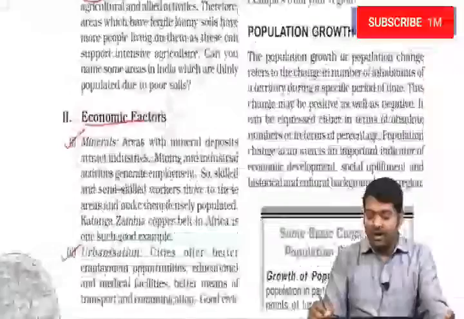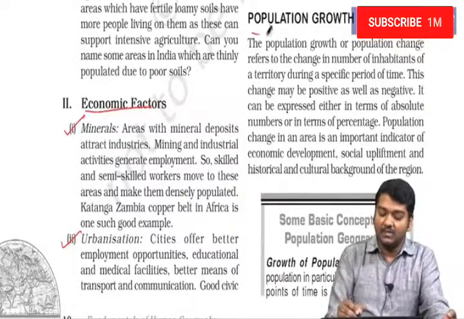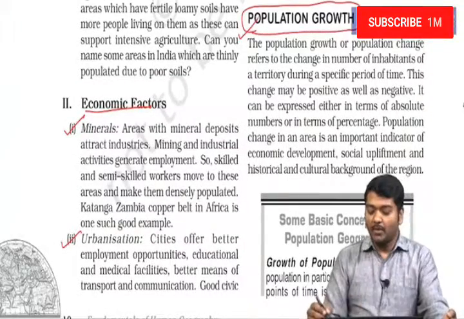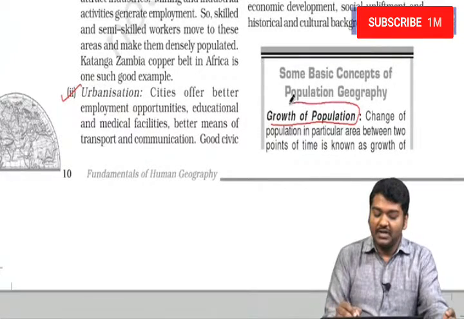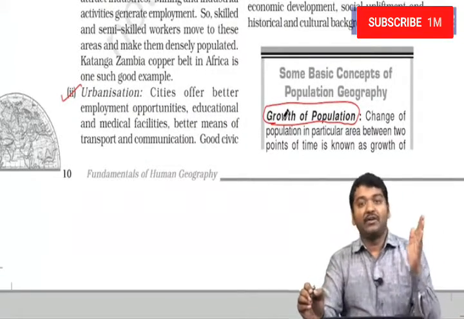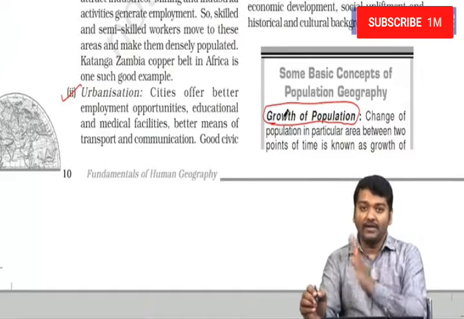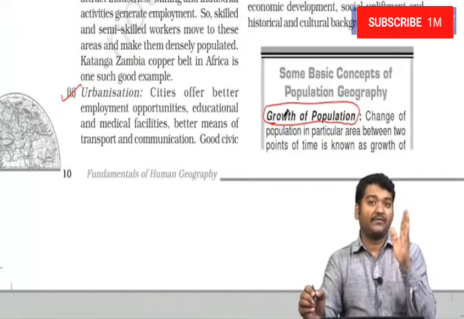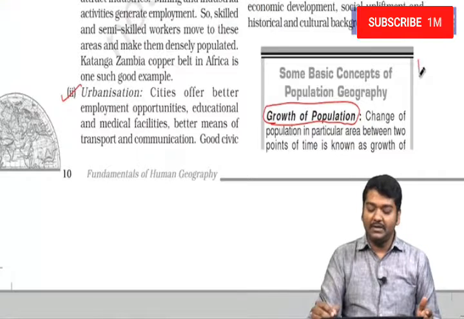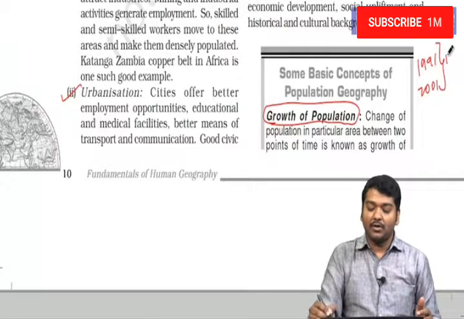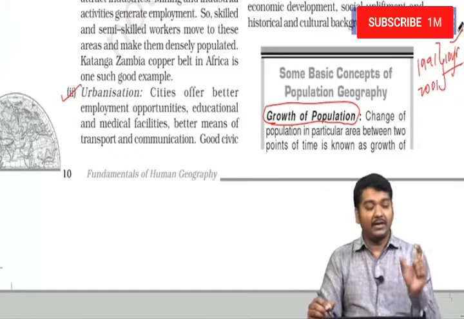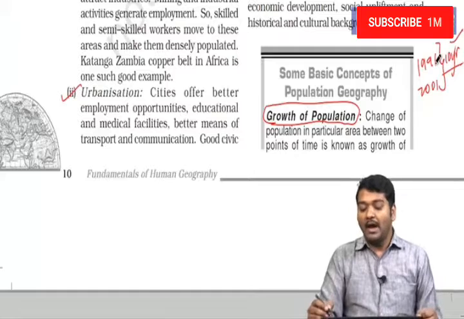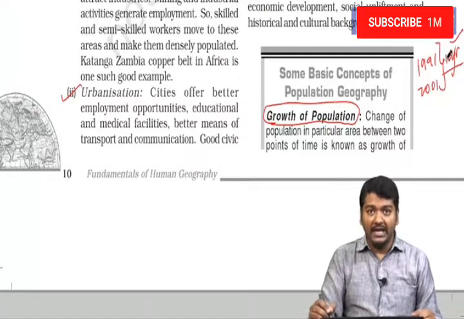Then we need to look at some of the basic factors, that is population growth. When I talk about population growth, I need to understand that growth of population can usually take place from one point of time to another point of time. But whenever I consider from one point to another point, let me take from 1991 to 2001. So when I say this, I am talking about the 10-year period, correct? So when I am talking about a 10-year period, a timeline is important,